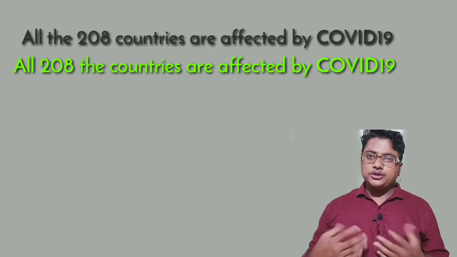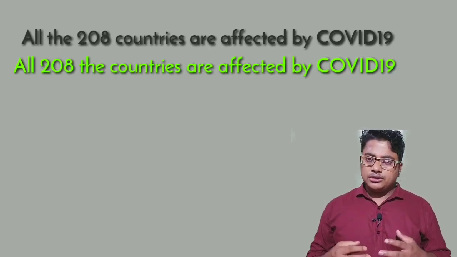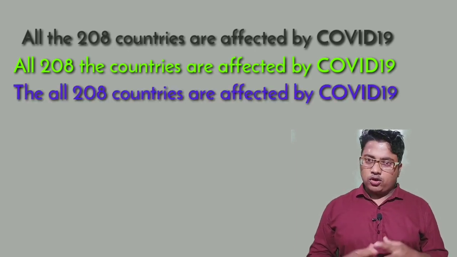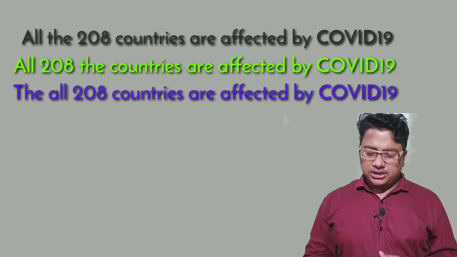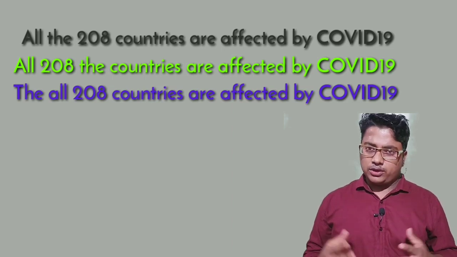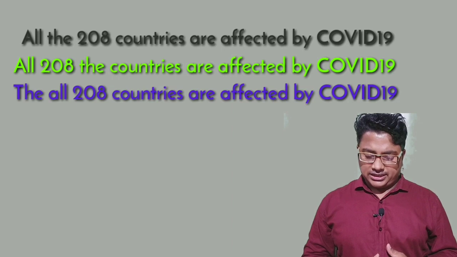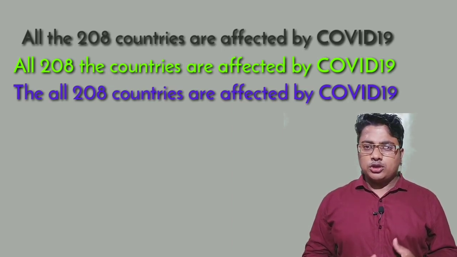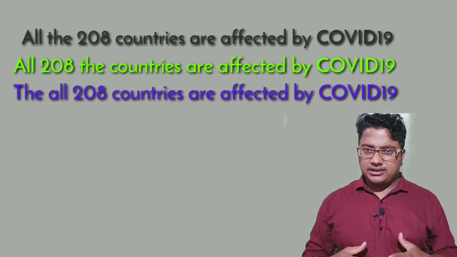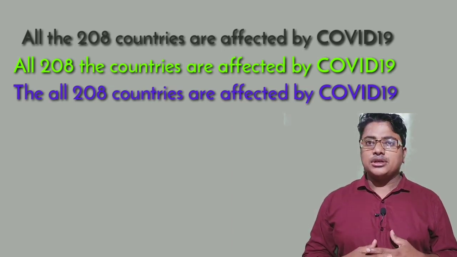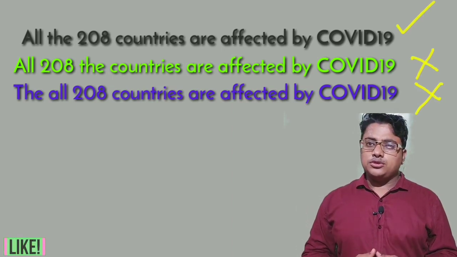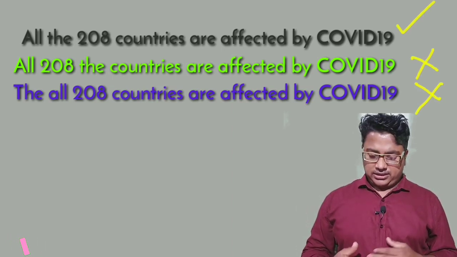So here which rule will be followed? The rule will be followed, the word that is free. Here all is free determiner, so that's why we use all before the sentences, and the is the central determiner, that's why we use the in the middle, and quantifier is the last determiner, that's why we use it last of these three determiners.